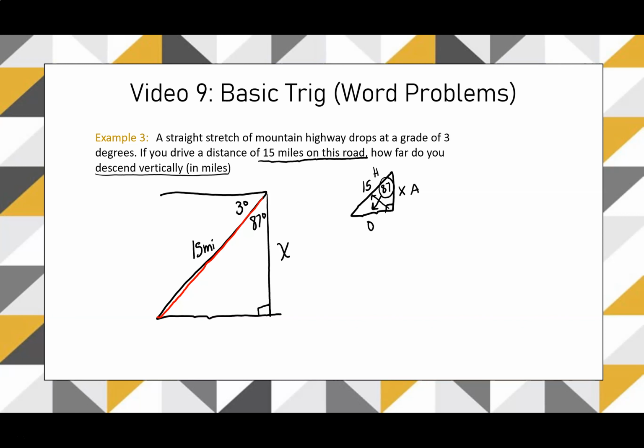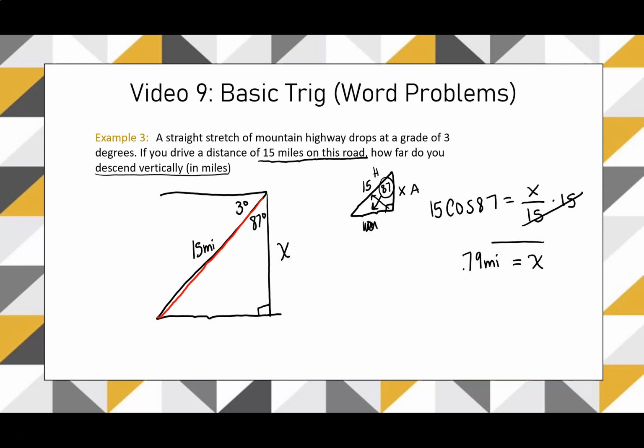What don't I care about? I do not care about my opposite, so I have adjacent hypotenuse, which is going to be cosine. So this is going to give me cosine of 87 equals my x adjacent over 15. Next step here is going to be to multiply by 15 on both sides. And the 15s cancel. I'm left with x equals. I do the top there in my calculator, and I roughly get 0.785, which I'm going to round to 0.79